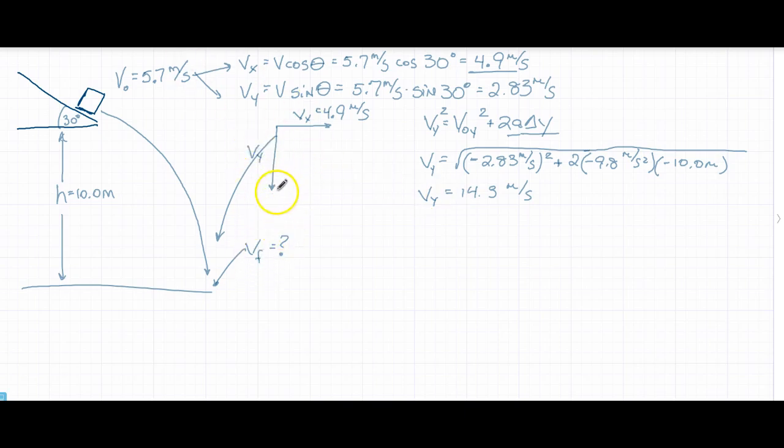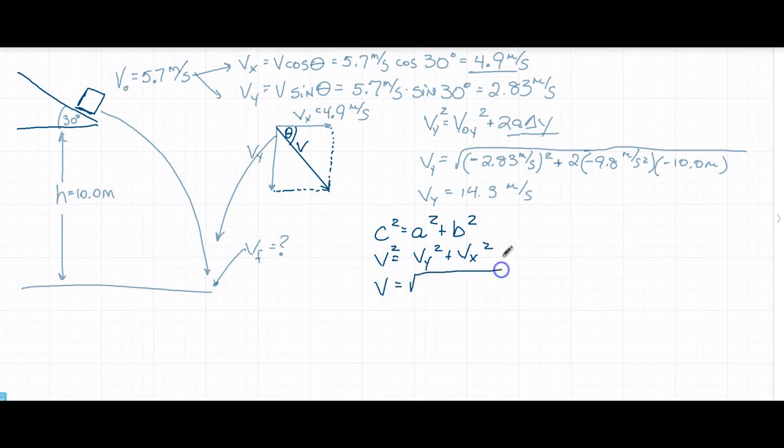The second part of this problem is really just dealing with vector mathematics. And now I can see that this is what I'm looking for, which is really the final velocity. So I'm going to use the Pythagorean theorem for that. If they had asked for velocity, I would have needed to find the angle, but they didn't. They asked specifically for speed. So I'm going to just use the Pythagorean theorem, or I can say that the final velocity squared is equal to the y component of velocity squared plus the x component of velocity squared, and so therefore v is equal to the square root of